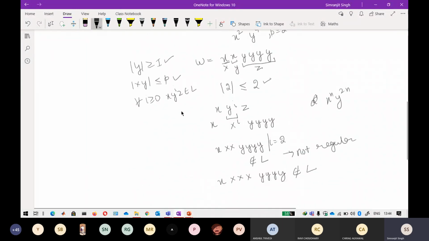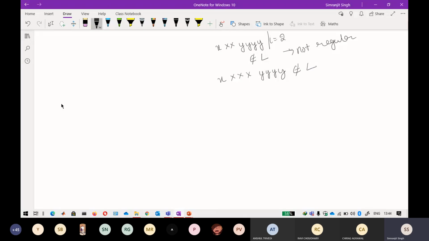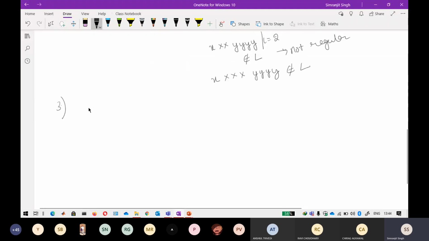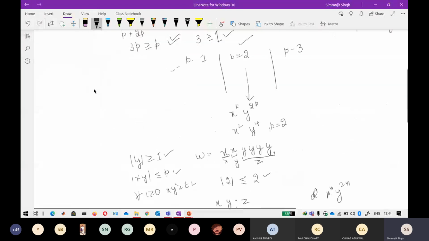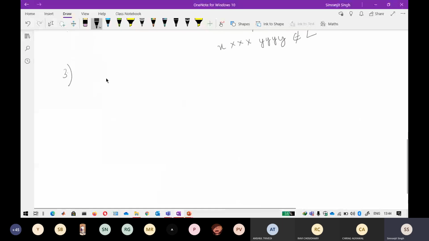Again, I think you should try this question if you can. Most of you will easily be able to identify it. I don't think you need a pumping lemma to tell you that this is not regular. I already told you that this is n and this is n. You can directly say that there is a dependence between them, and for that dependence we need a memory, so this is not regular. Still, if you are following a formal method, you can do this.